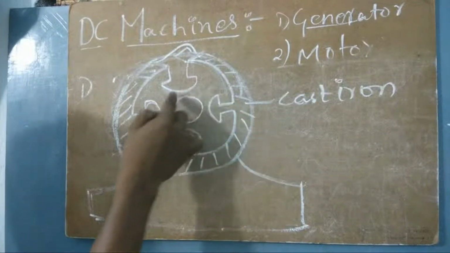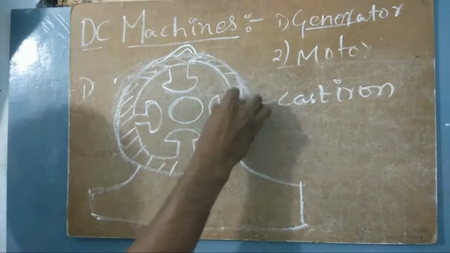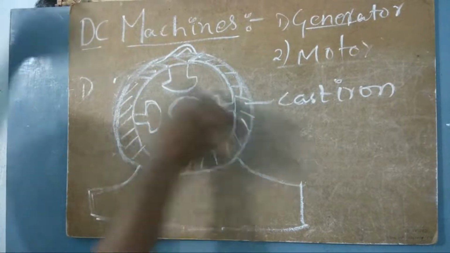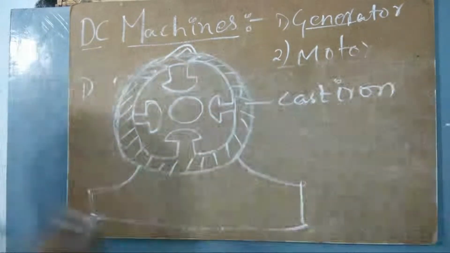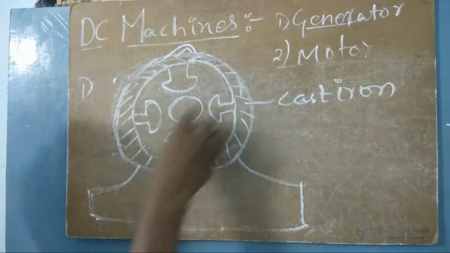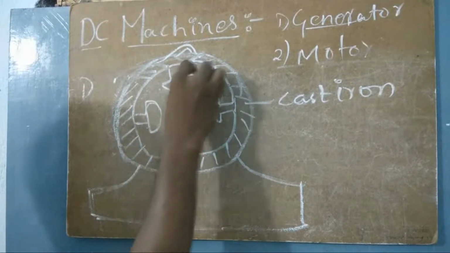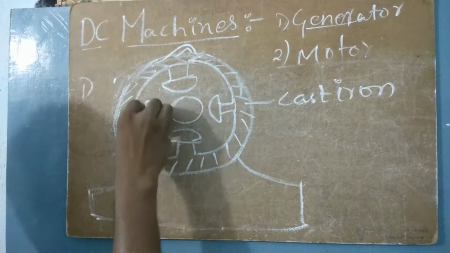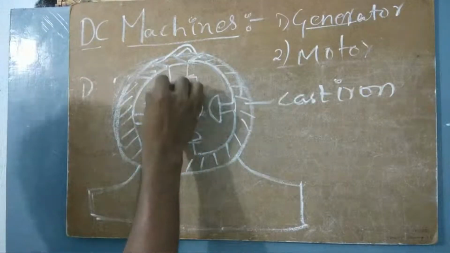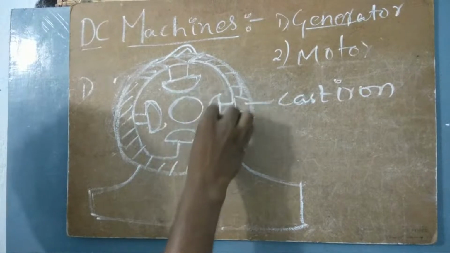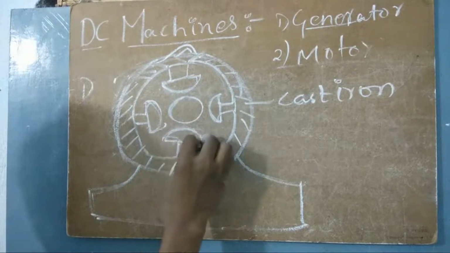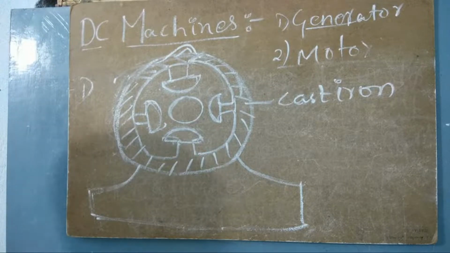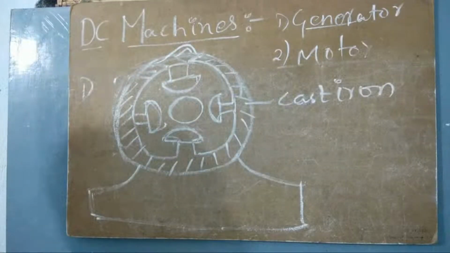But here, how is this made? These we call poles. Normally, the entire thing is not called a pole, but here, this extra projection, this extra extension, this one. Let us have a look very clearly. This extra curved one is called the pole shoe. What is it called? Pole shoe. So why are these necessary?